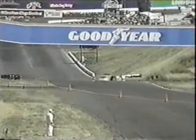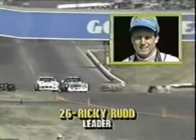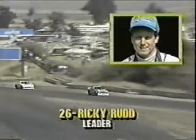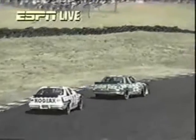Rudd won the last time they were on a road course, these Winston Cup cars, at Watkins Glen, but Rusty Wallace before that won 3 road course races in a row, 2 at Riverside and the previous one at Watkins Glen. Ricky Rudd was supposed to be one of the top cars on the circuit this year. It's not happened so far, but today he's up front. Just another lap and a half. He has the win, but he